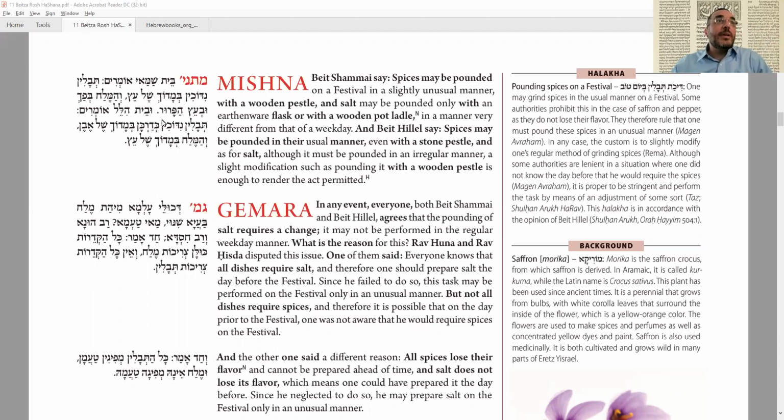Ubet Hillel omrim tevalin nidochin kedarkan b'madoch shel even v'melech b'madoch shel aetz. Bet Hillel brings everything one step more lenient and says spices, you can grind them normally with a stone mortar and pestle, no problem for spices. And salt, he treats salt the way Bet Shammai treats other spices, that you can use a wooden mortar and pestle to do something a little different. Okay, so now we have these two opinions. The Gemara notes,